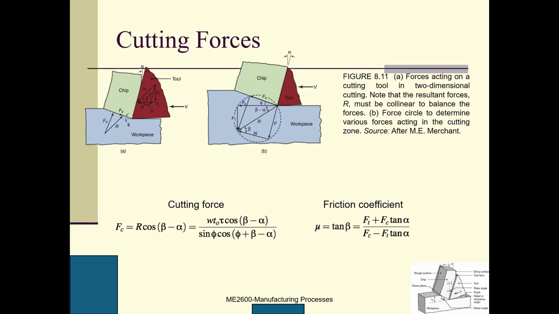So here is another angle I want to emphasize. This is beta. Beta is defined as the tangent of F divided by N. This F is the force along the rake face, and N is perpendicular to this rake face. So this is beta. So we have Fs, Fn. So here is Fn. These F and N are orthogonal also, okay? So these two are orthogonal, and so we